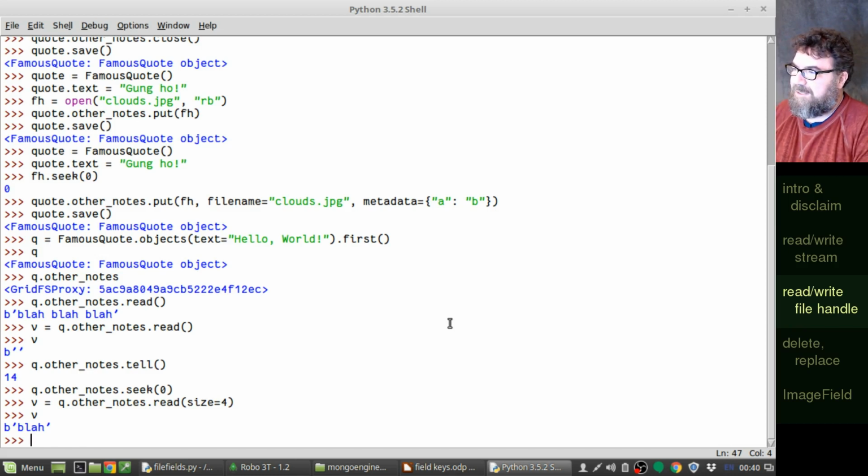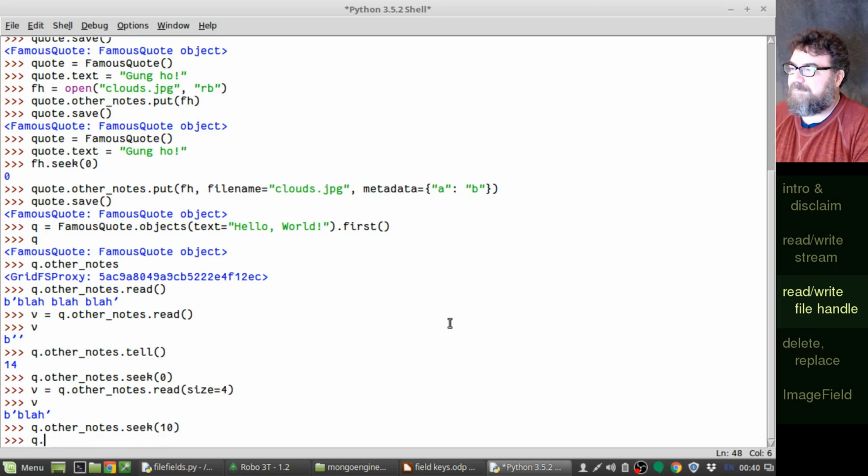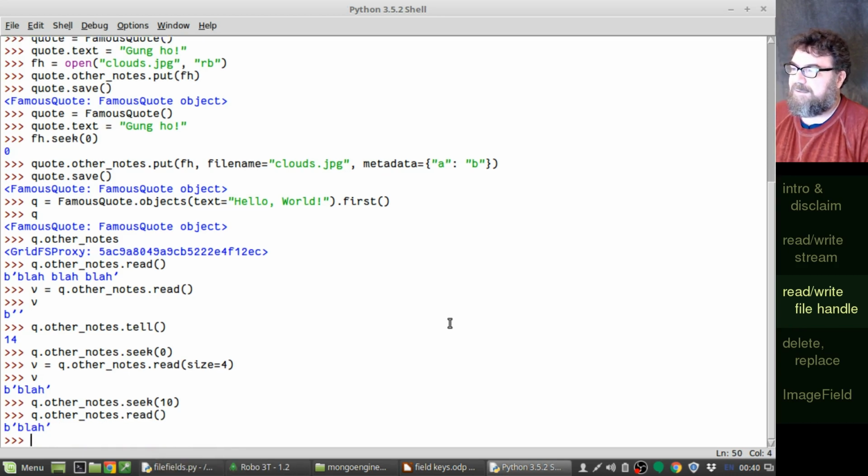So if I typed in q.othernotes.seek(10), I'll only read to the end. Actually, I would have done a size. That's probably a better way to do it. And it read to the end by not putting in a size. But you can see how you can now very specifically go to different sections of the file and read